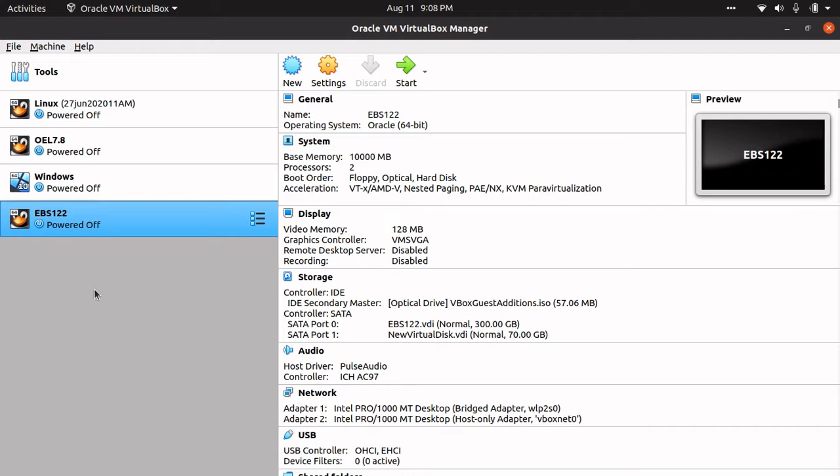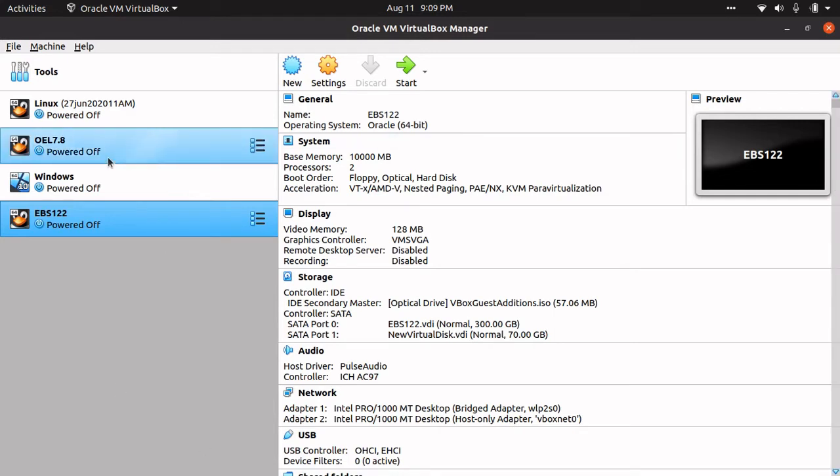If my system has 16 GB RAM and I am giving my guest machine 8 GB, then out of those 16 GB, 8 GB will be consumed by my guest machine. That would only be consumed when your machine is up and running. I have multiple machines, and if these machines are down, they are not consuming any resources from the host machine.